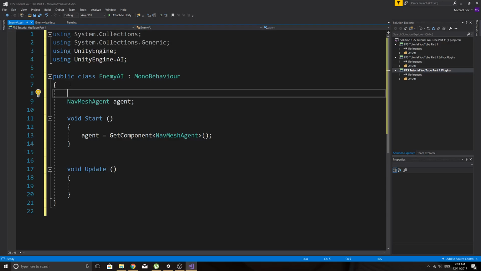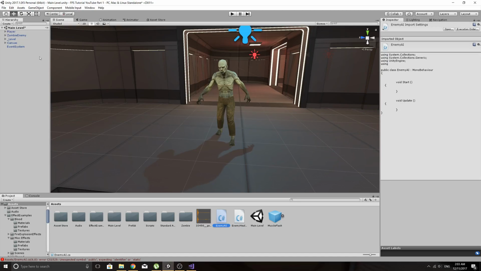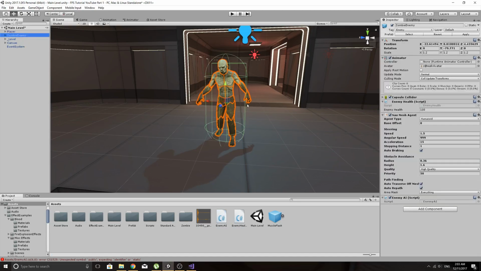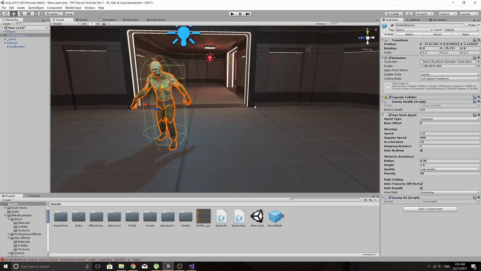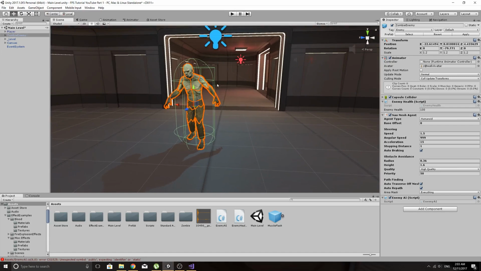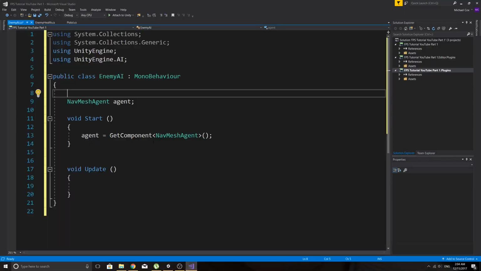And we also need a target. We could make this a public variable and then just drag and drop the player into this, but the issue with doing that is if we wanted to randomly spawn this enemy in a level, when he spawns in, generally if it's a prefab, if we had made it public and dragged the actual player in, he won't actually have the player in the slot, so we'd have no target to actually go after. So we'll just do it as